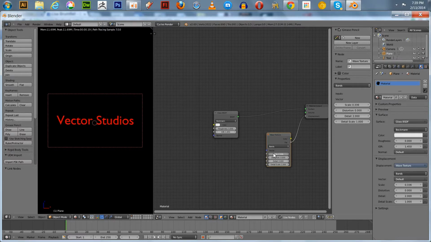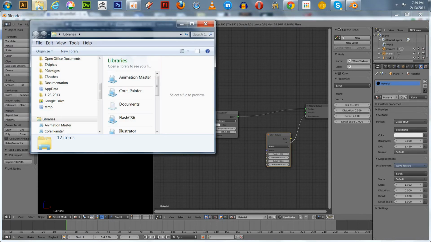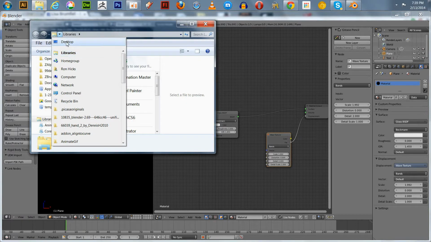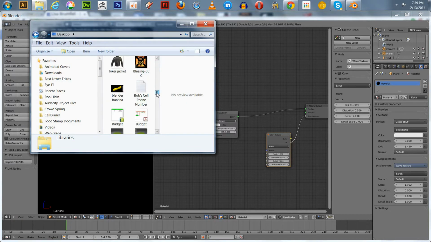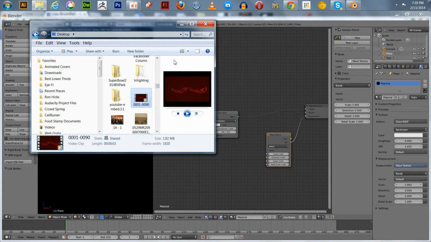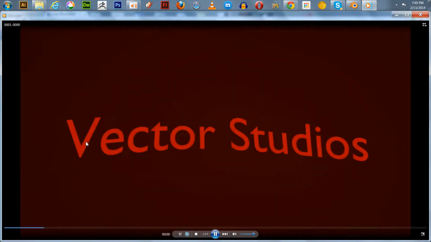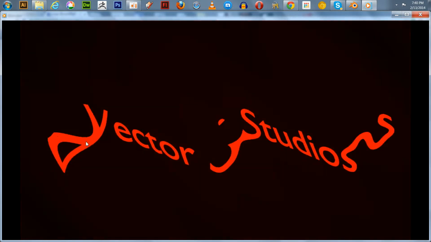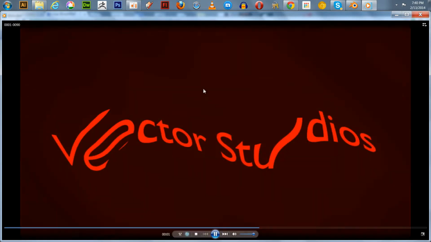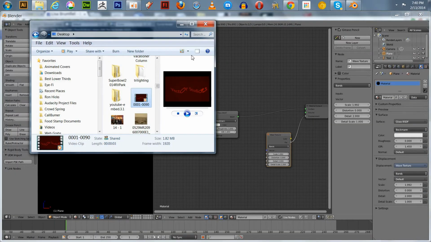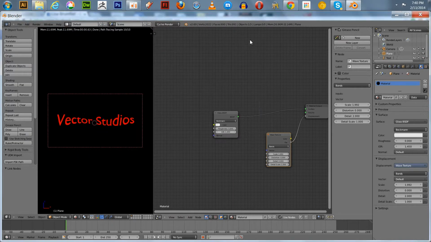And I'll show you a little something I did previously. I rendered a sample here. It's on my desktop here. So I'm going to show you what it looks like, and it looks pretty cool right here. We'll get that full frame here. So we got this kind of a hallucinogenic, wavy type thing going on. And I'll show you the two things I did to get it to do like that. So that's what it's going to look like. Maybe it'll look a little different, not exactly, but it's just a matter of